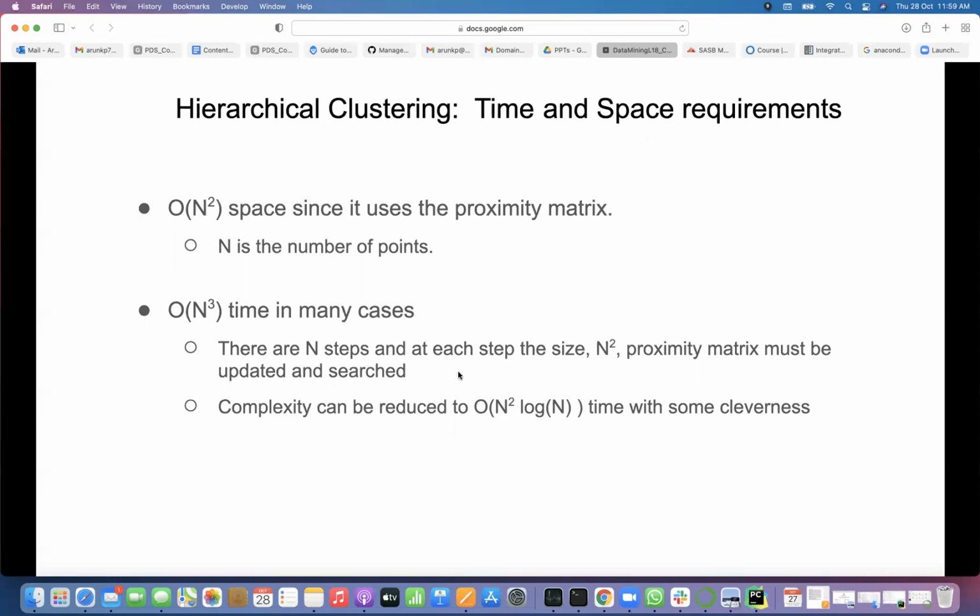There are n steps, and why are there n steps? In agglomerative, each point is a cluster, right? In the next iteration, how many clusters will you get? N minus 1. In the next iteration? N minus 2. So how many steps do you need to get one cluster finally? N in total. So there are n steps, and in each step the size is n square.